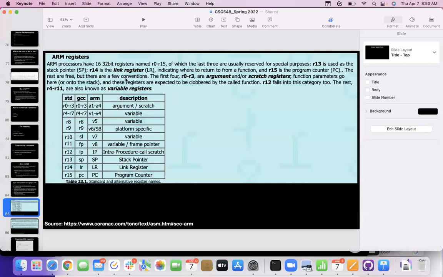So there's a few conventions. This is not a requirement, but a few ways that these guys are typically used. So the first four, R0, R1, R2, R3 are for arguments. And I think we did look at,